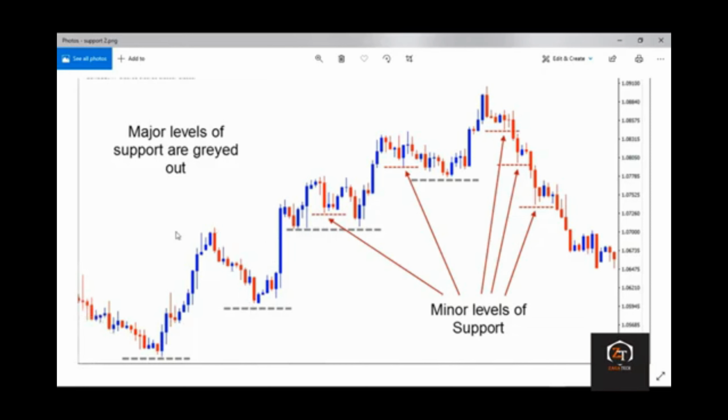So let's assume you throw a ball up and the ball bounces on the floor, went up again, bounces again on the floor. So understand what support is: more like a floor where the market tends to hit and go off and repel, hit and repel. So that is what you see, that is major support or minor support. But basically we are looking towards the major support when trading forex. The minor support helps you to know if the market is going to move further, or is trying to range a little before it shifts. So this is basically a support level.